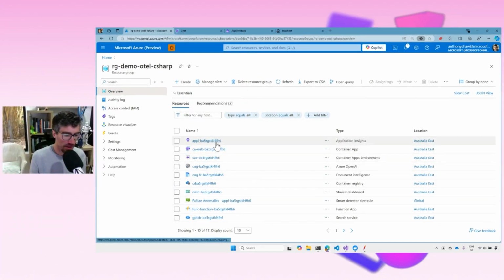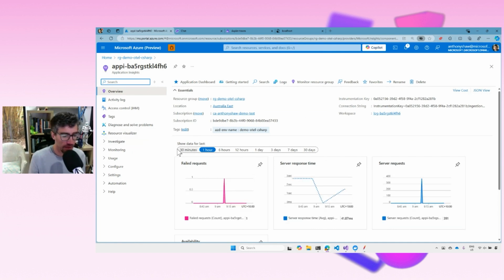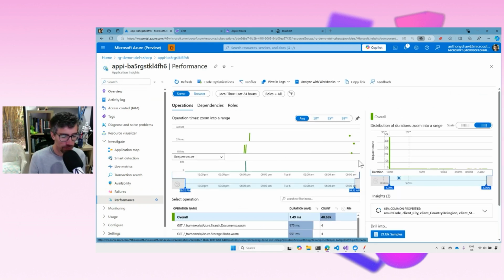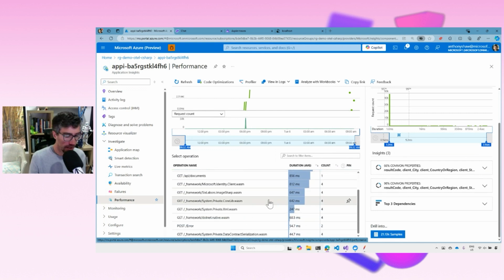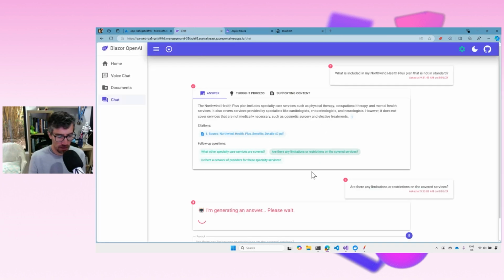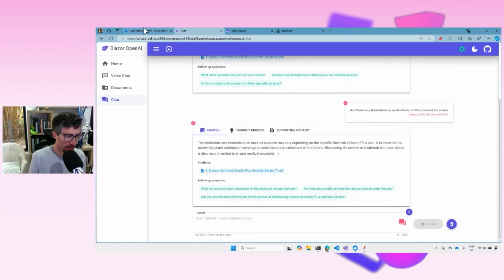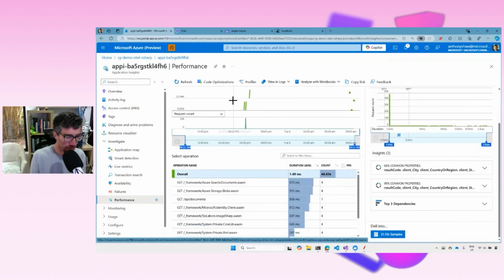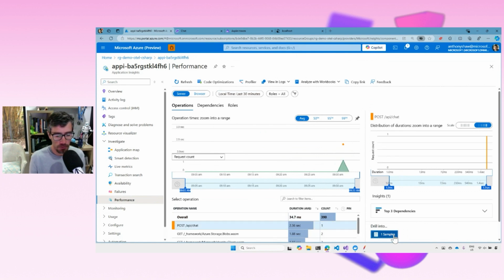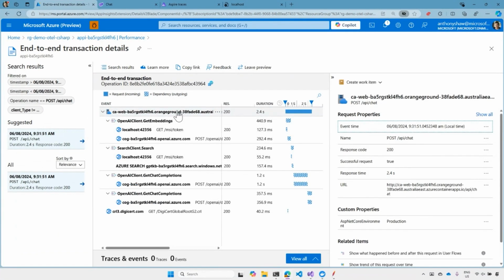And the important thing is that I've plugged this in with OpenTelemetry and captured all the data about what's happening in the application. So I've got Application Insights running on this app, and when I'm interacting with it, I can look at performance. I can look at the particular traces I've got. Let me just go back to where I was. I can interact with my app.